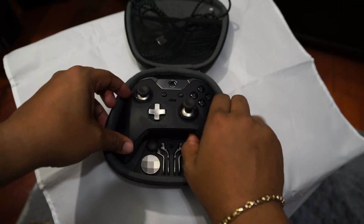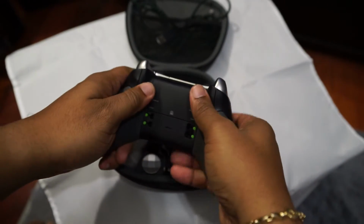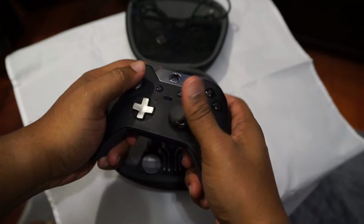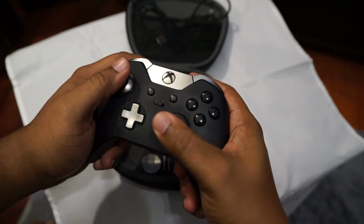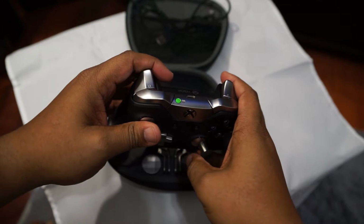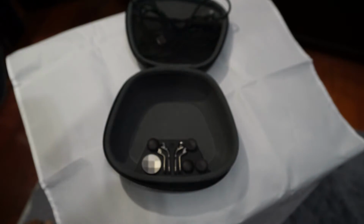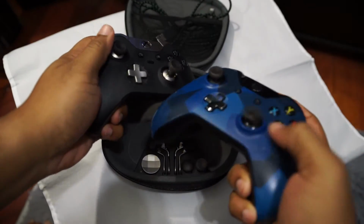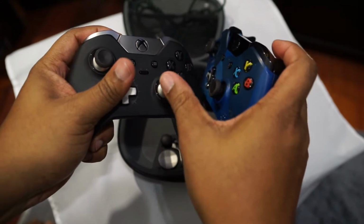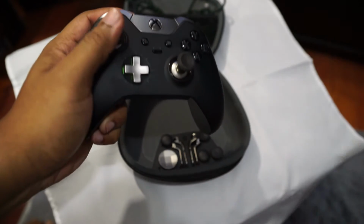Now, I promised I would tell you how to get one. Listen closely. GameStop currently has a deal where you can trade your Xbox in and you will get $250 worth of credit. Now, what does this translate into? GameStop has the Xbox One Elite bundles, and that comes with this controller, and it also comes with the 1 terabyte hybrid hard drive, which is part SSD and a regular